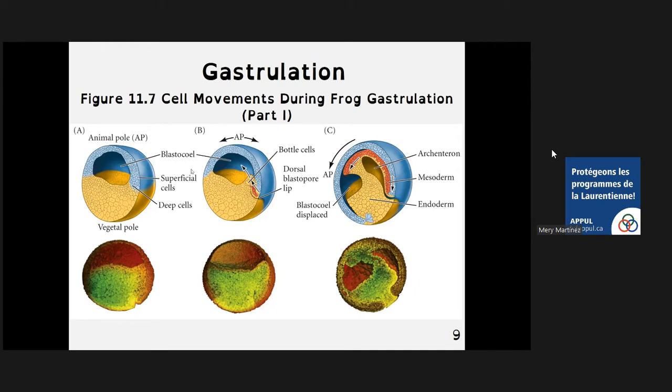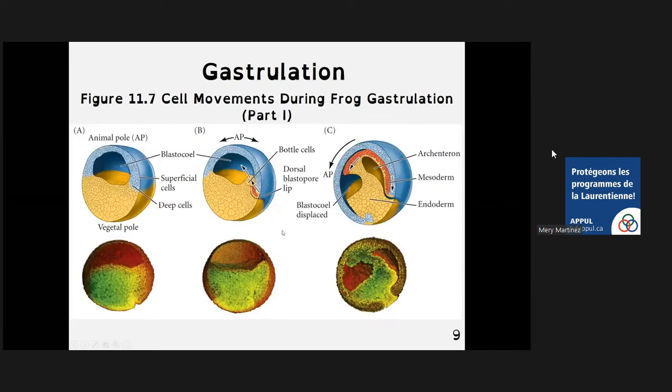Okay, so we were looking at the steps of gastrulation in early development in frogs. So what we have in here is the different stages, once we have created our